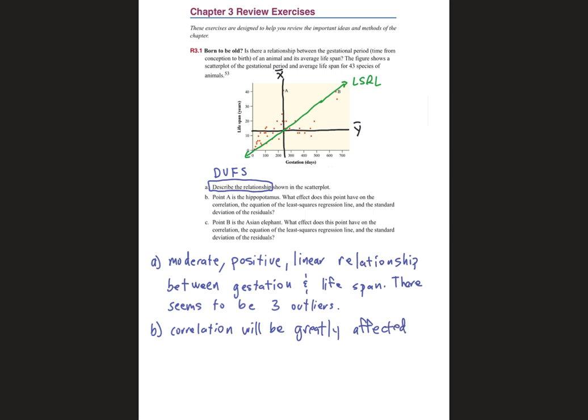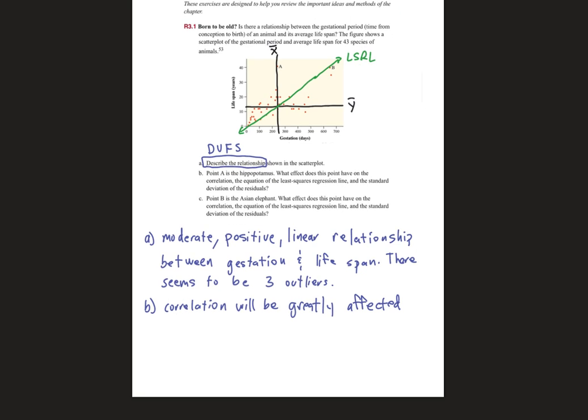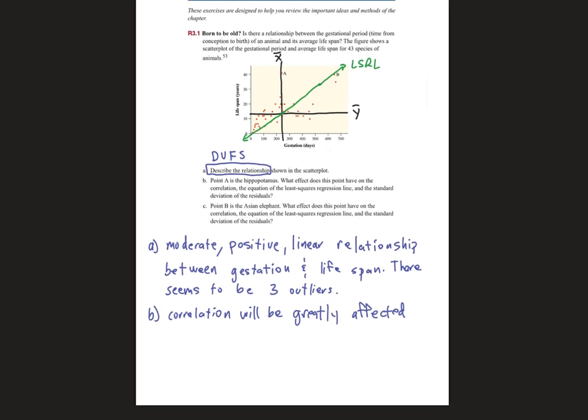Okay, and they talk about the equation of least squares regression line. So the equation, point B, the slope will decrease. Okay, and that's because